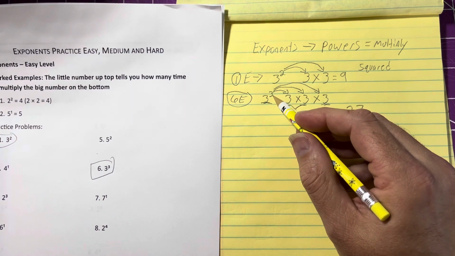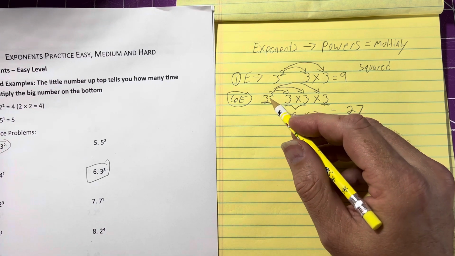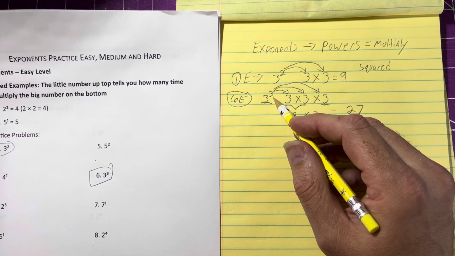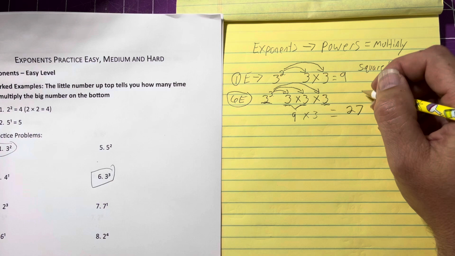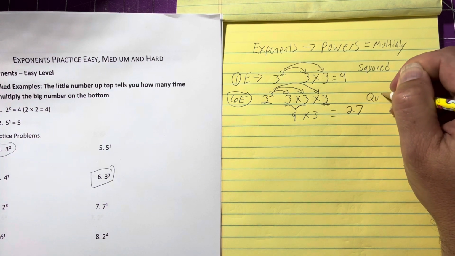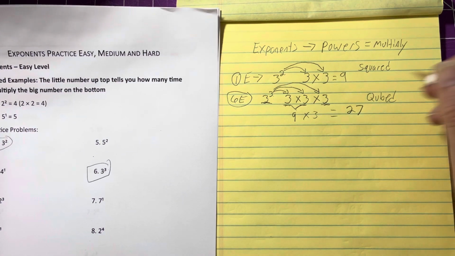Now, raised to the third power is also a really common one, and it's got its own special name as well, and we call that cubed. Cube, that's not spelled right. Anyways,